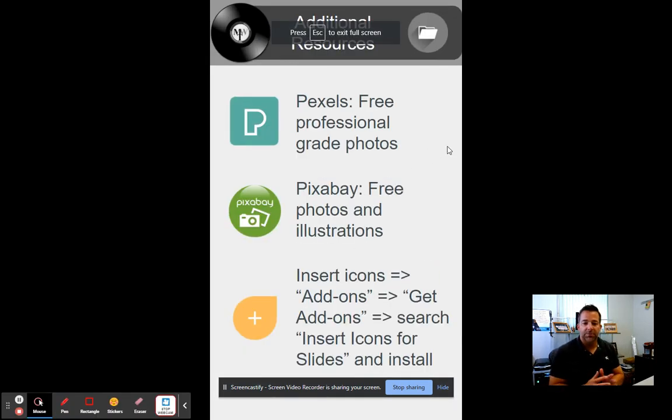Another thing that could be useful for students is these websites here. Pexels and Pixabay are excellent resources for images and icons. Pixabay has the vector graphics and the illustrations that students may need. Pexels is mostly video and images, but these are all free, so you don't have to worry about those copyright